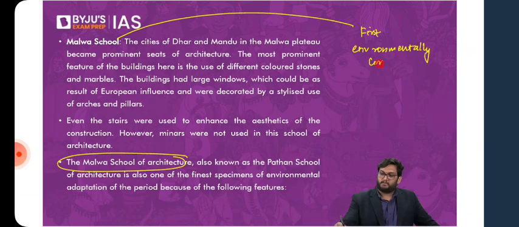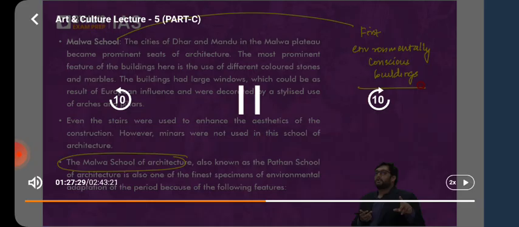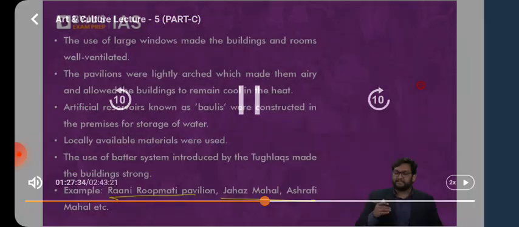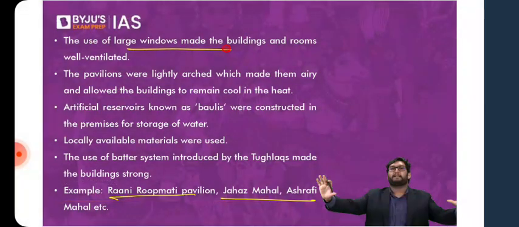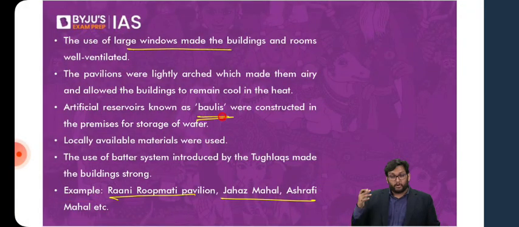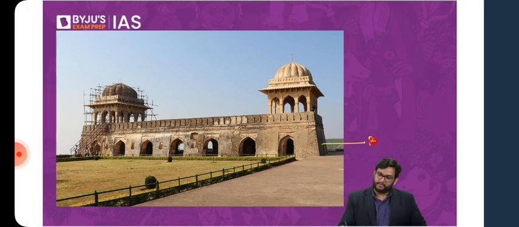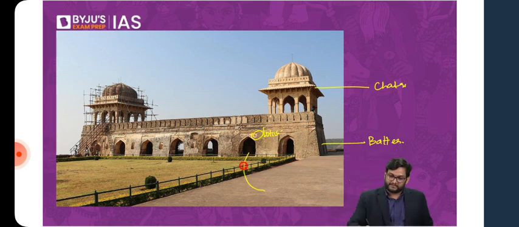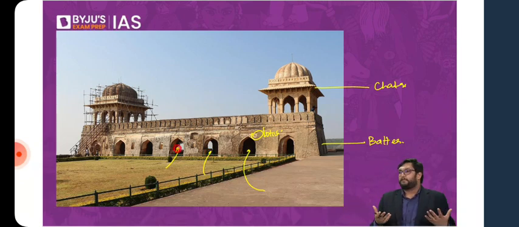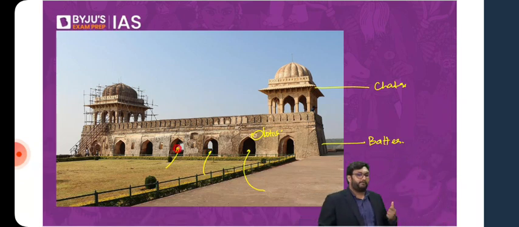buildings. How? Basically, you have these very interesting, very high ceilings, very big windows, very well ventilated rooms, and water storage along with these buildings. We also see certain elements from the Tughlaq architecture. You see Bata, you see Chhatri, you see lotus. But in the Rani Roopmati pavilion, the most interesting design is that it is quite spacious and very well ventilated. So the Malwa designs are beautifully environmentally conscious, so that you don't get any form of artificial